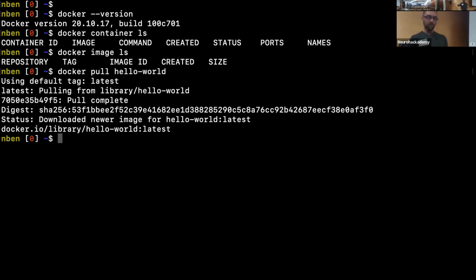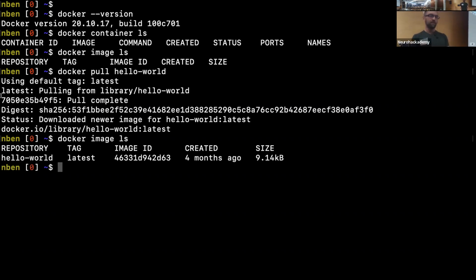All right, so now if we say docker image ls, we see that there's this hello world image here. Now it's got something called a tag, which is kind of like a version. This is the latest version. It has an image ID, which is just a unique identifier for this image, and then some metadata about it. So we've pulled an image, and now we want to turn it into a container and actually, yeah, go